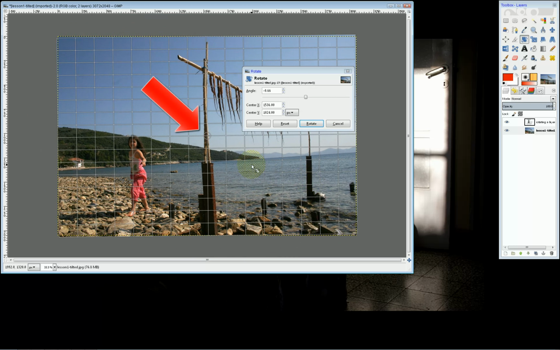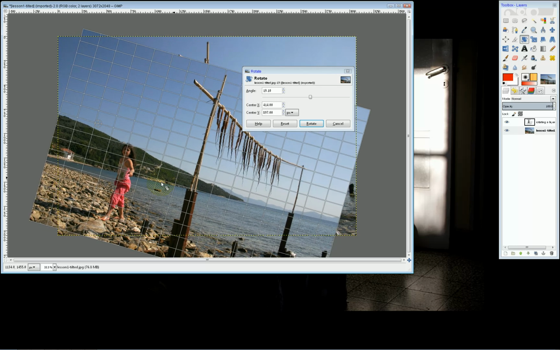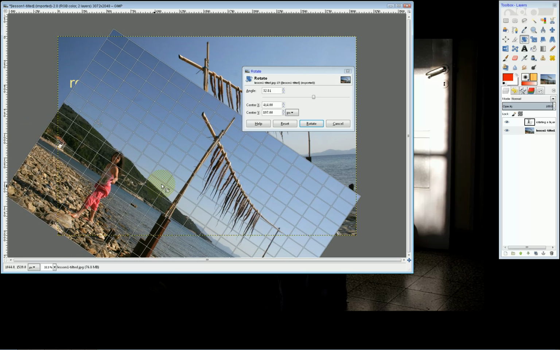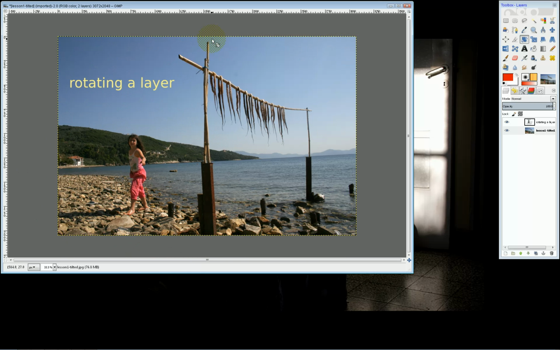This is the center point, which gets yellow when I get close, and the pointer changes accordingly, so I can drag the rotation point to a new position. I cancel now. I drag a horizontal guide close to the middle of the leaning line, select the Rotate tool